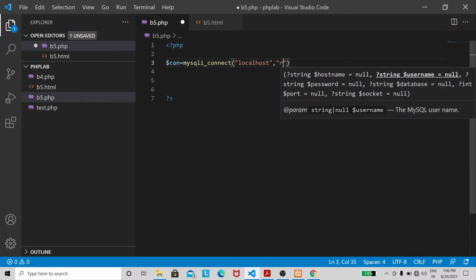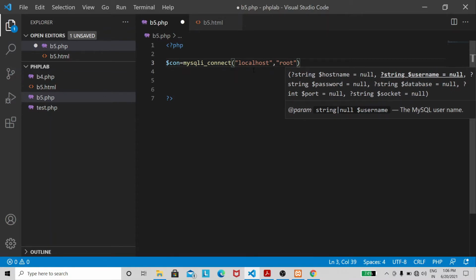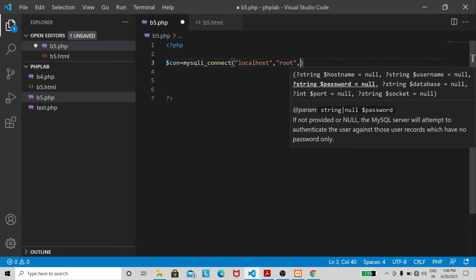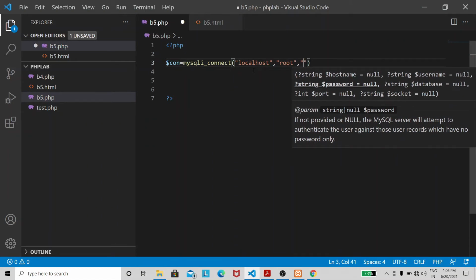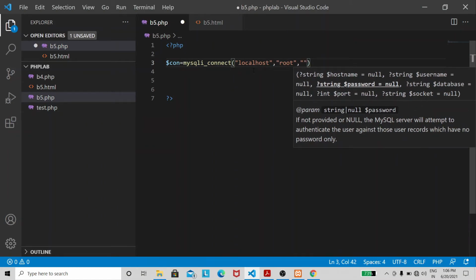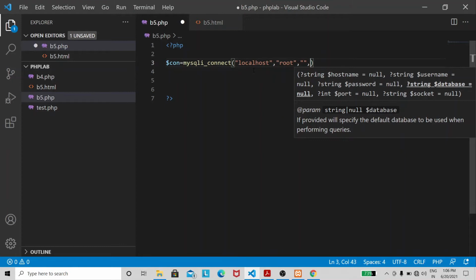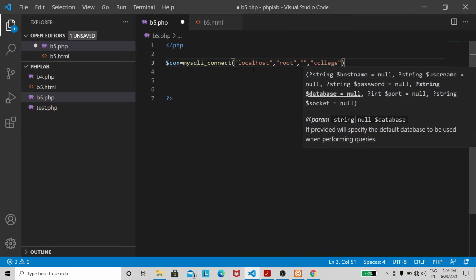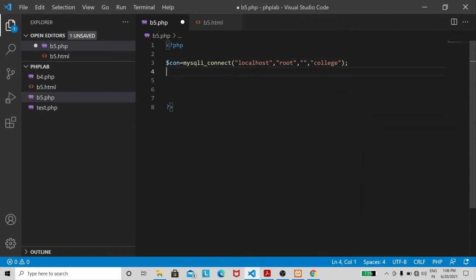By default, the username of localhost database is root itself, MySQL, and the password is null. So I'm going to keep the third parameter as empty, and the fourth parameter is the name of the database. So here I'm going to just give the name of the database as college and semicolon.